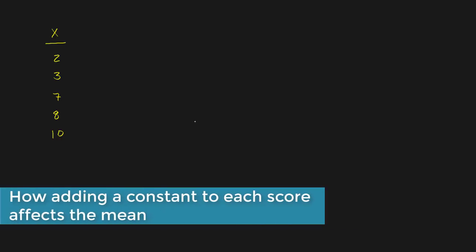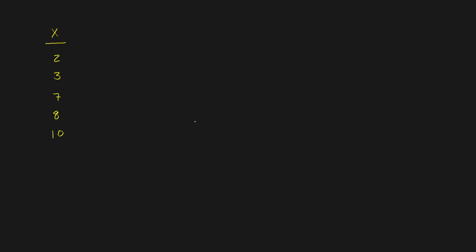What happens when you add a constant to each of the scores in your sample? Let me give you an example here that'll help make sense of what I mean by adding a constant to the scores. Let's say, for example, you have baked a bunch of cookies, and so you've left a big tray of cookies out, and there are